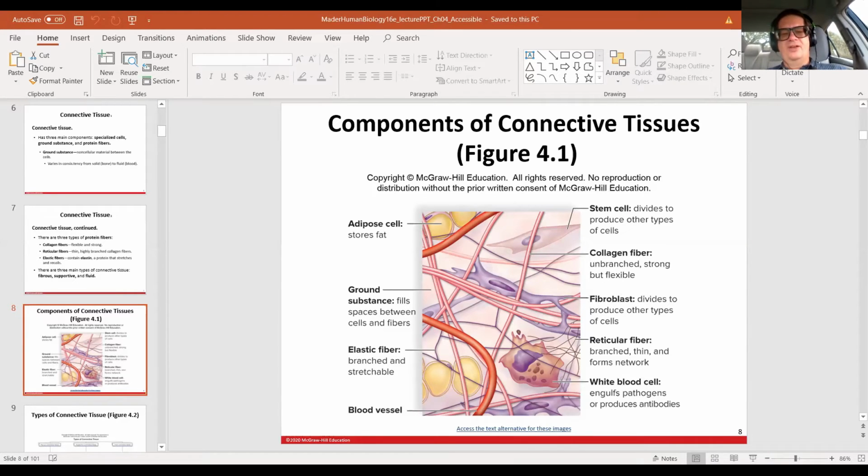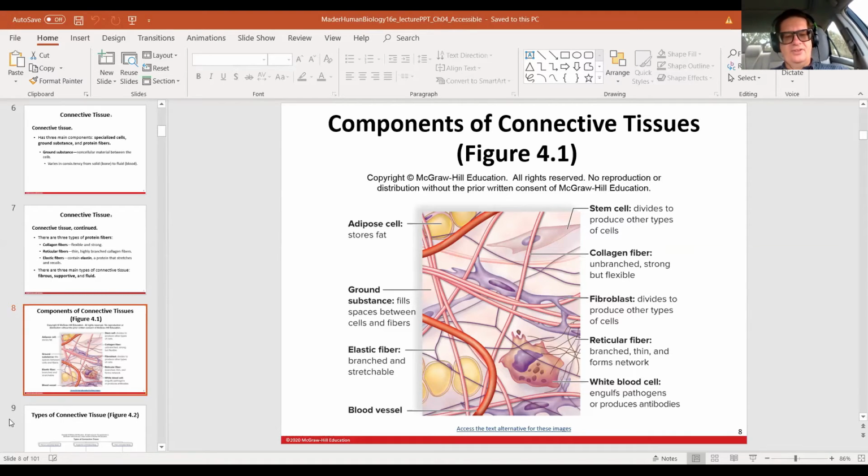So adipose cells, it says, oh, they store fat. Yeah, they do. But they do other stuff too. That's one of the things that you'll find in anatomy, is a lot of times it's like, oh, it's this or it's this. And adipose cells are connective tissue. Yeah, but they have endocrine functions too and produce estrogen. Anyway,